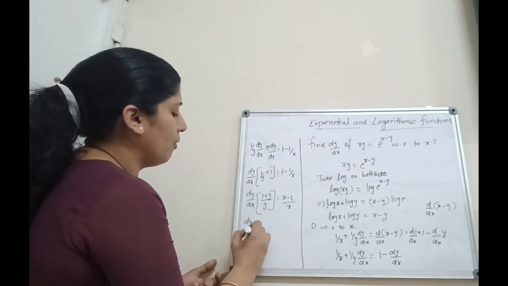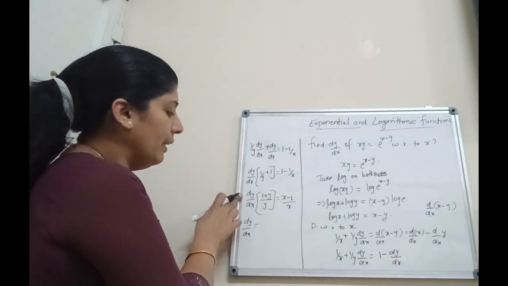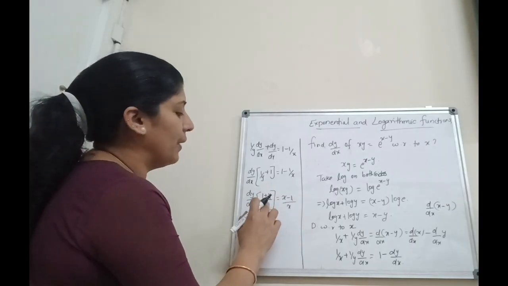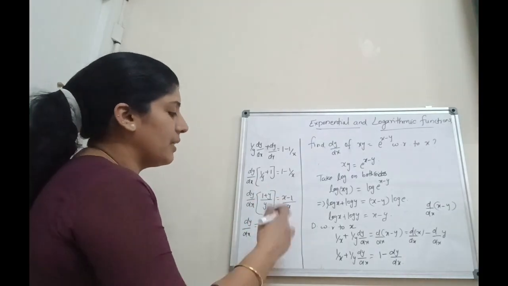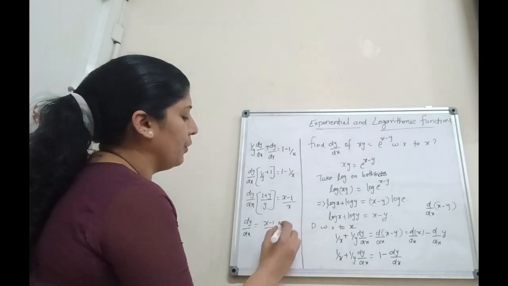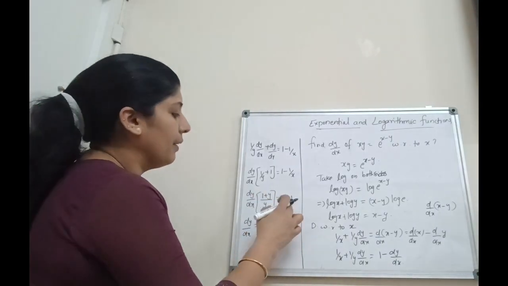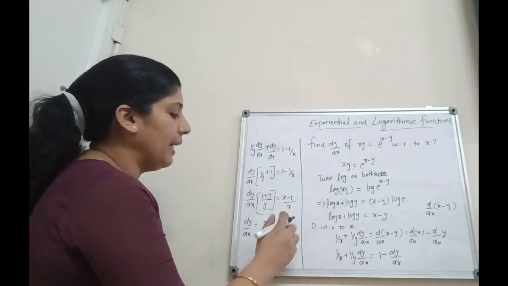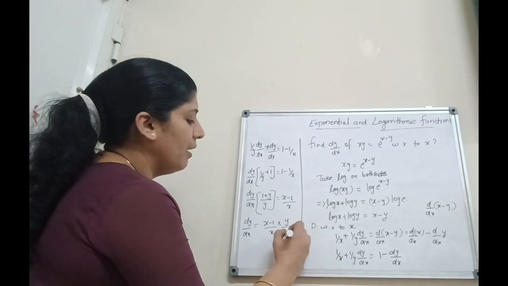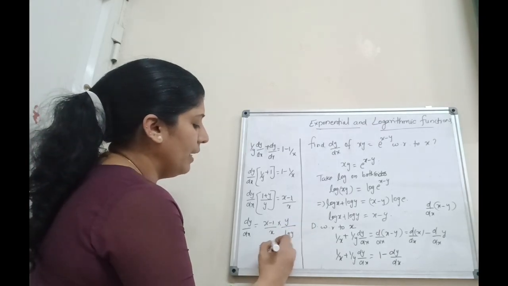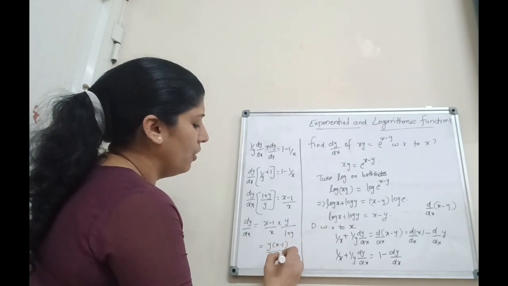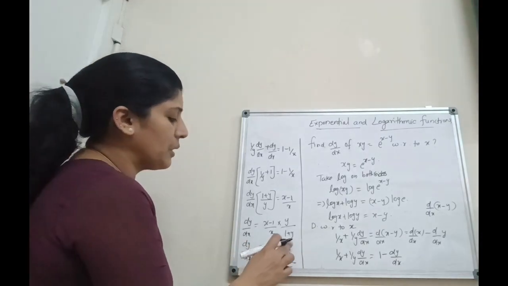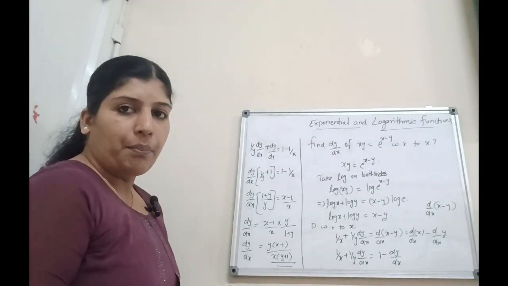Therefore, dy by dx equal to what? It is dy by dx into 1 plus y divided by y equal to x minus 1 by x, so it is the reciprocal multiplication of this one. That is dy by dx equal to x minus 1 by x into the reciprocal of 1 plus y by y, that is y by 1 plus y. That is equal to y into x minus 1 divided by x into y plus 1, or 1 plus y. That is dy by dx equal to y into x minus 1 divided by x into y plus 1.